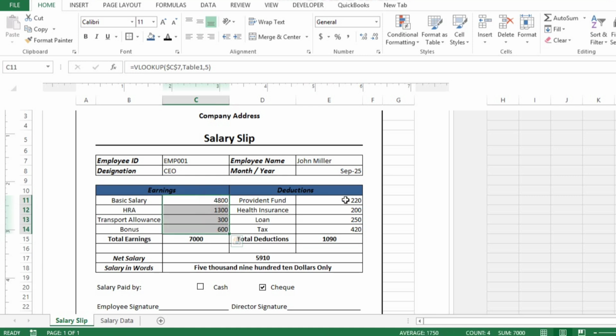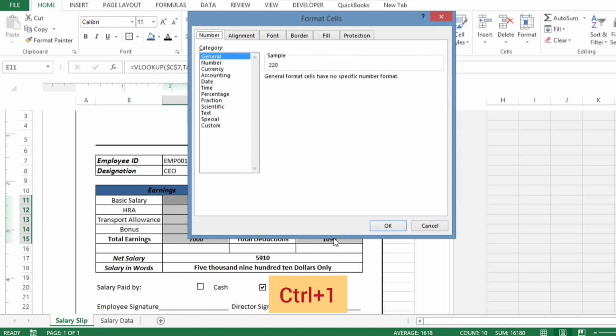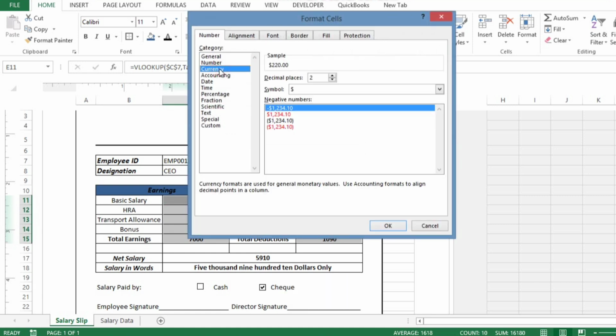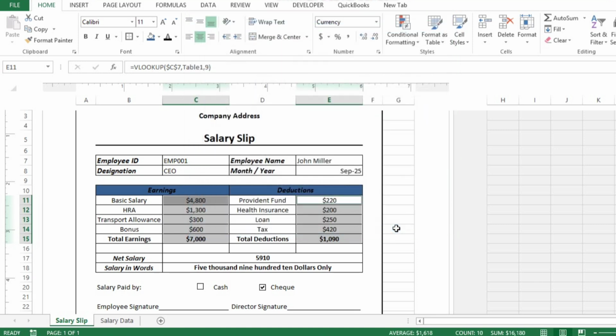Now select this range, middle align. Now highlight the salary related cells, press Ctrl 1 and choose your desired currency. We will select dollar here with 0 decimals and press OK. We will adjust alignment of this as well,